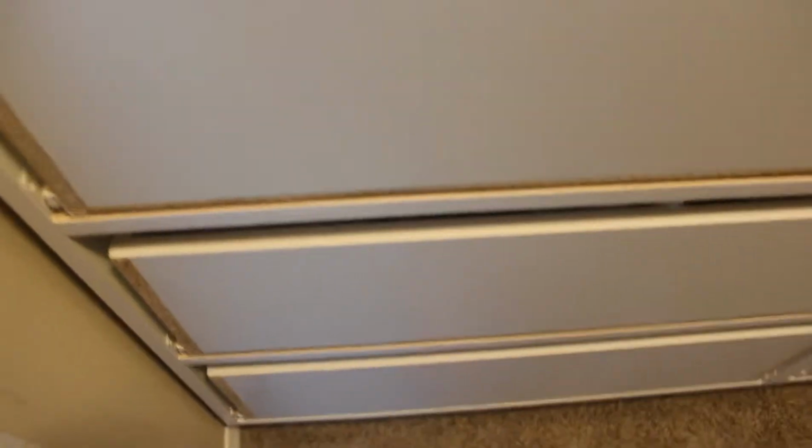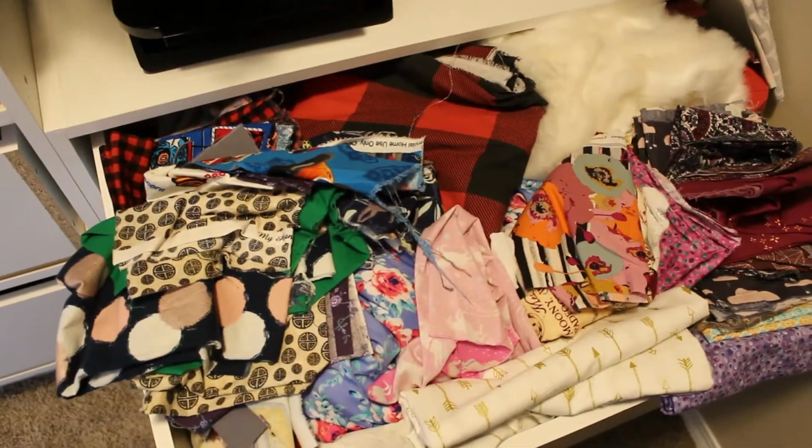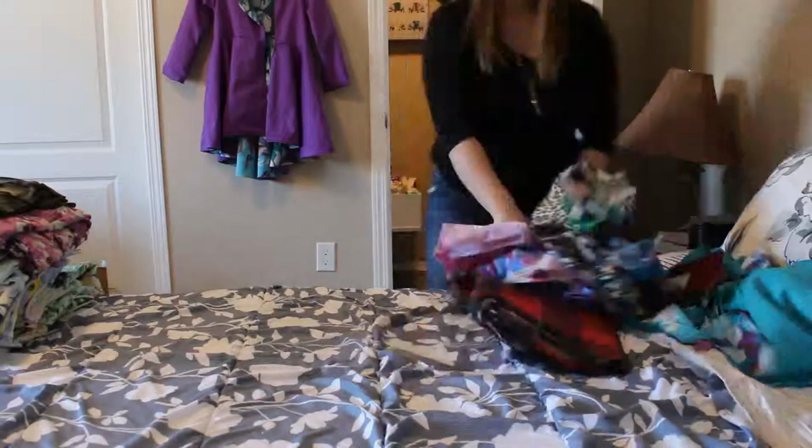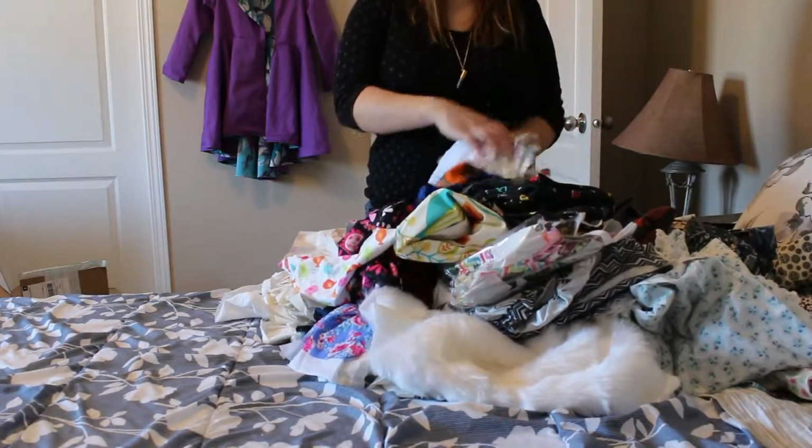Okay, so that does it for my knits, and now we're going to go through this drawer, which is just an assortment of everything. Let's check it out. I'll show you what's the most in here. This